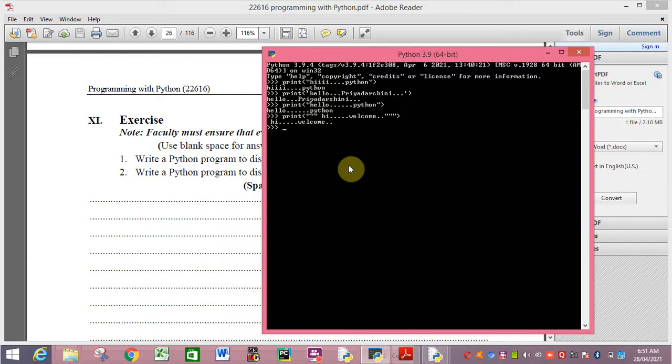It means that if you put the string in triple quotes without a print function, then it will act as a comment, a multi-line comment. And a single-line comment we write using a single hash. So we can write a string within single quotes or double quotes, and we can use triple quotes for printing or displaying the message on the screen.